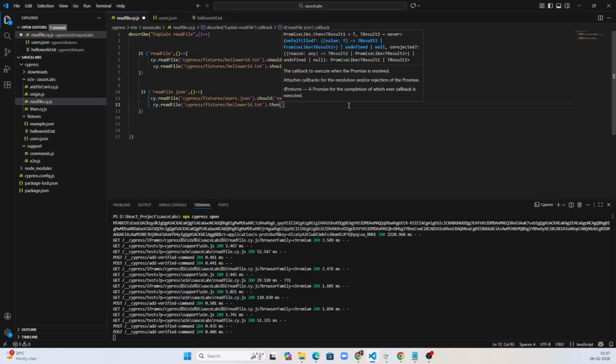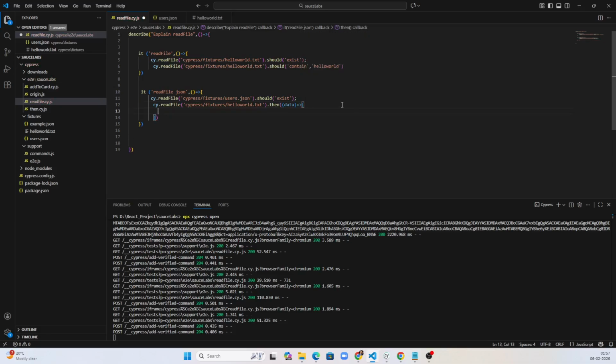So here I will give the data. Now I will expect the data dot name to dot equal to